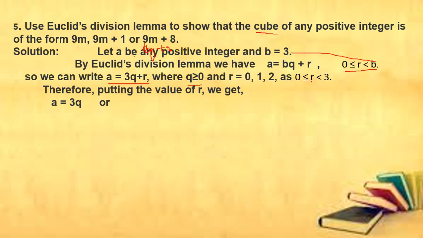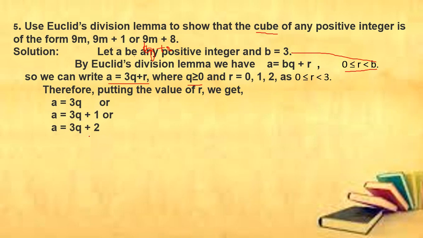As the remainder is less than 3, we are not able to write that the remainder equals 3. So the values for the remainders are only 0, 1 and 2. Now put them one by one. When we put r equals 0, 1 and 2 in a equals 3q plus r, we get the values for the positive integer a,